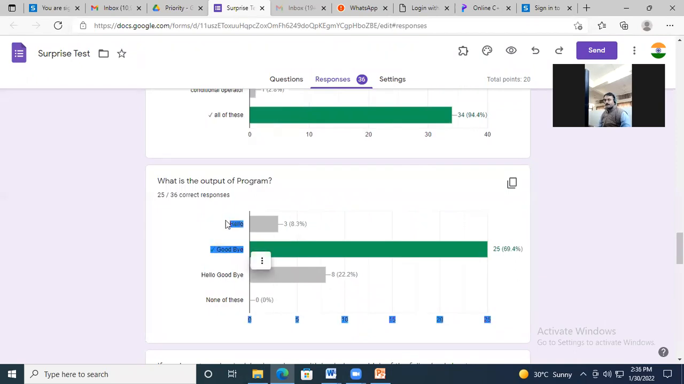Okay, again with this problem, 25 students have given the correct answer for goodbye. 8 students have given both answers, hello and goodbye. Okay, see,